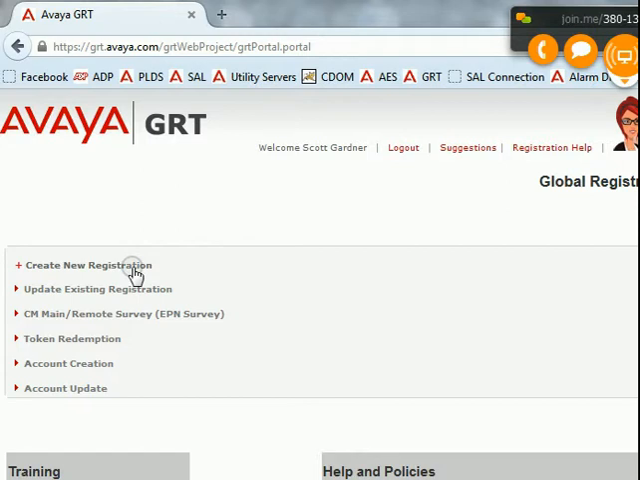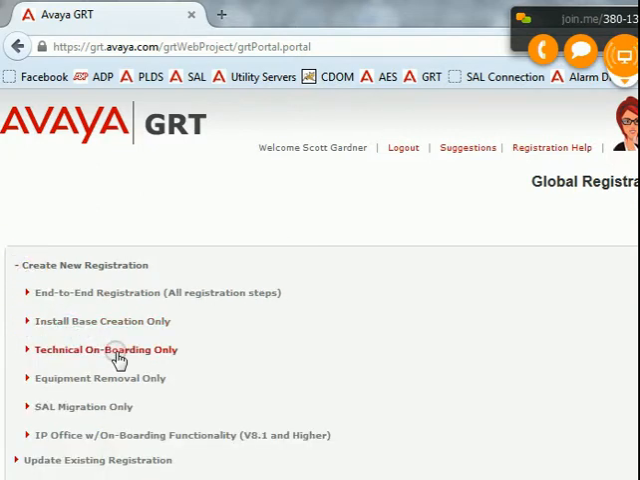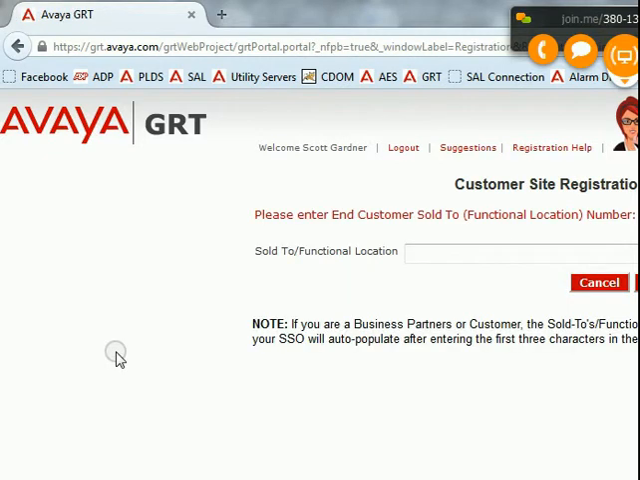You see where I have create new registration? I already did this, but I'm going to show you. You'd hit create, and then you'd hit technical onboarding only. This is all we ever deal with. And the sold to number